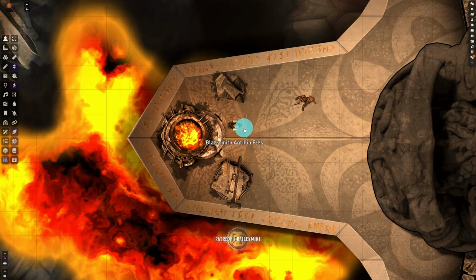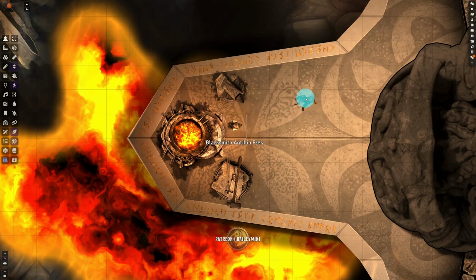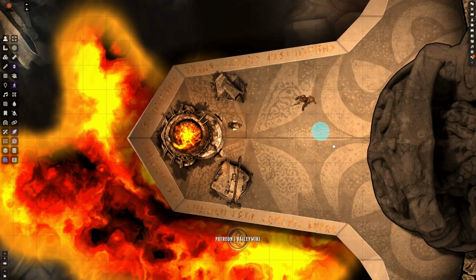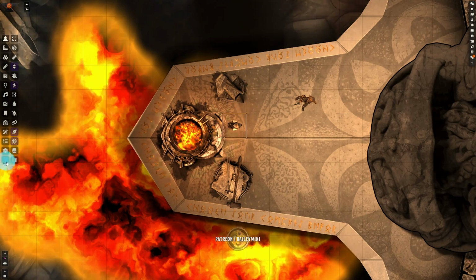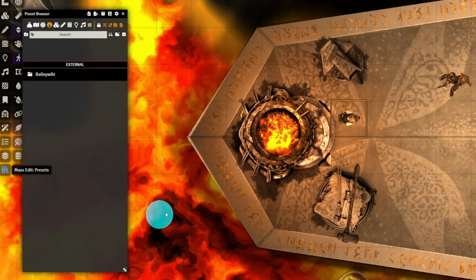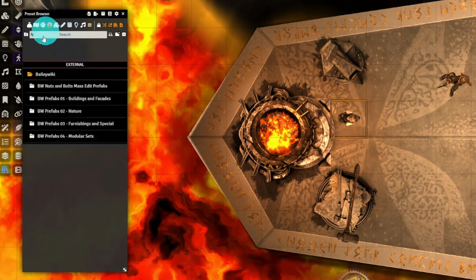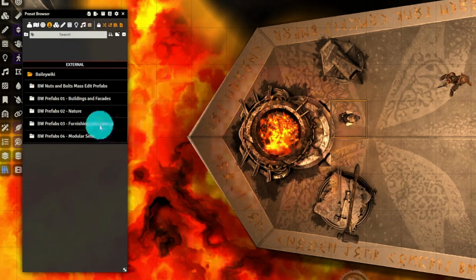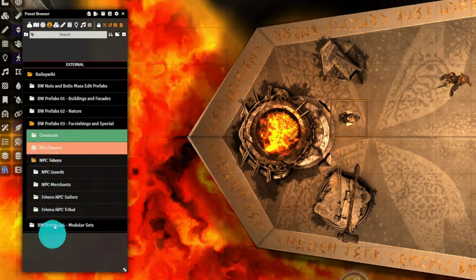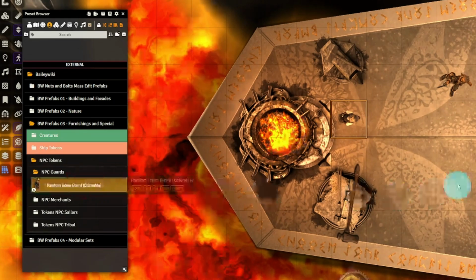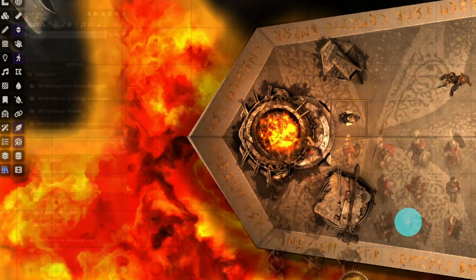Now to get started, we have a blacksmith here and we have Ventress. Like we mentioned earlier, Ventress is our trusty helper token. For our blacksmith, if you need a blacksmith token, then if you go into the mass edit presets and you are a subscriber to the BaileyWiki premium content, then in our furnishings and special compendium, we also have a folder of NPC tokens, and you can see there are a variety of guards,